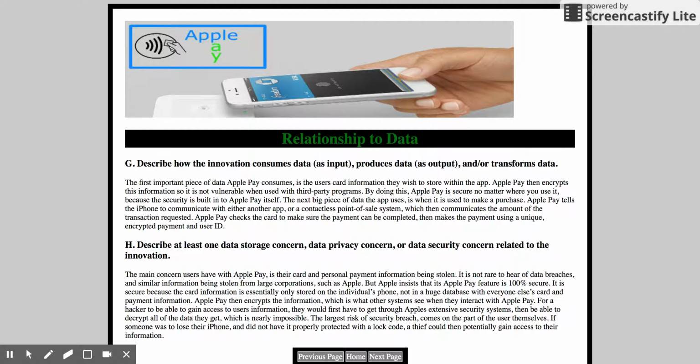So describe how the innovation consumes data as input, produces data as output, and/or transforms the data. The data that Apple Pay uses is essentially just your card and payment information, along with the data that whatever store or app you're using